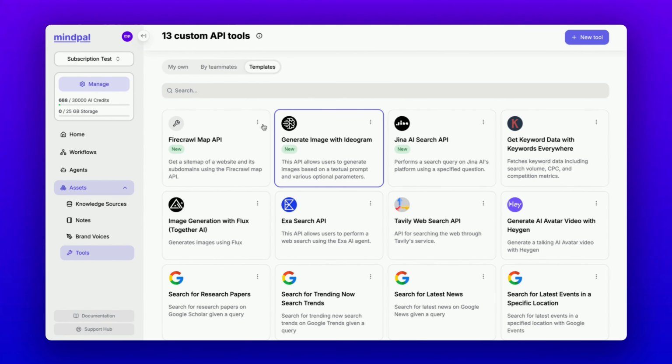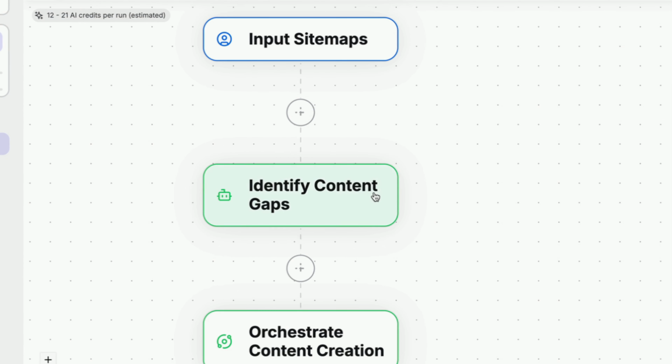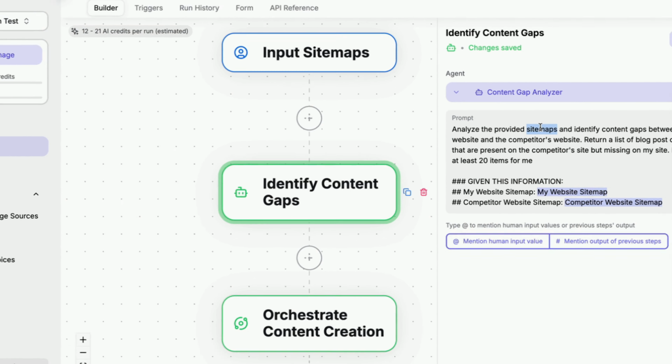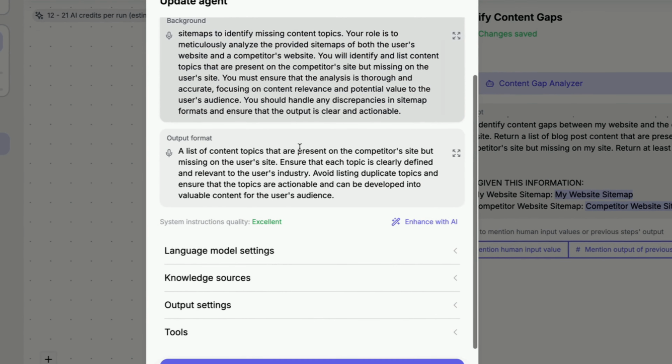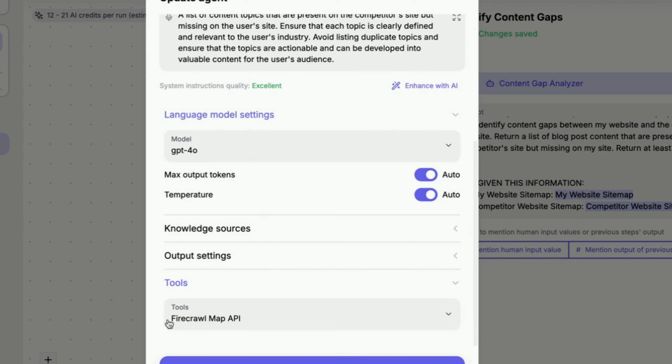Now, coming back to the workflow, it has just 2 steps. In the first step, the prompt is similar to the previous version. Analyze the website. Use the Firecrawl API to read the sitemap and identify any content gaps between my website and my competitor's website. In this agent, I will assign GPT-4o,